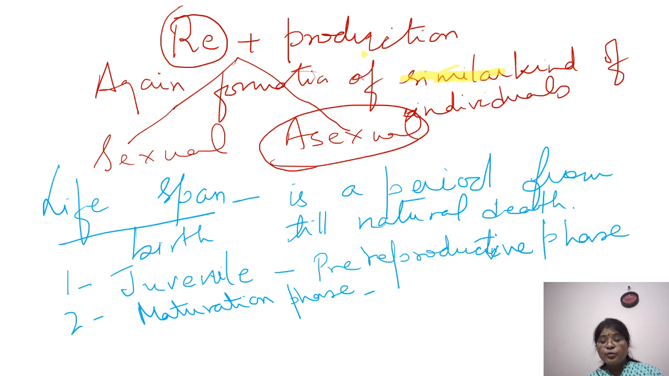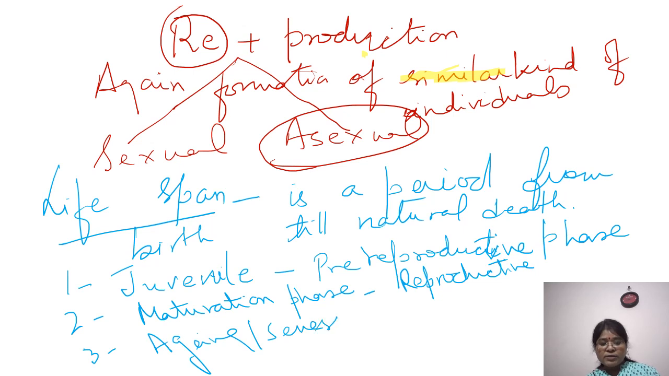Maturation phase, which is your reproductive phase, and one is till adulthood. It's a reproductive phase, it's capable of reproducing. Then third is your aging, or you can say senescence stage, in which there is a deterioration taking place in the body, and there is certain irreversible